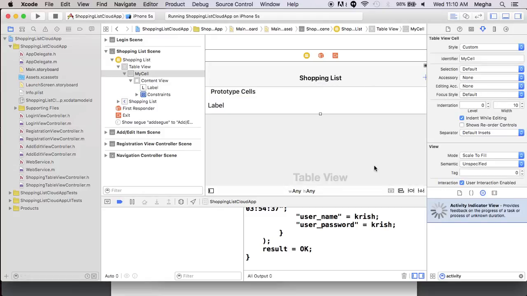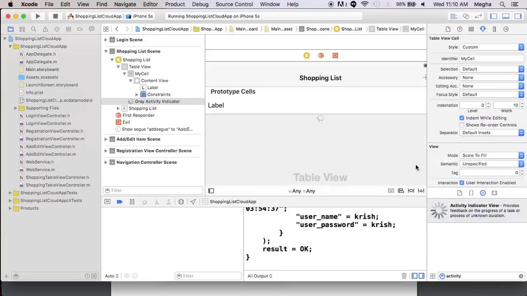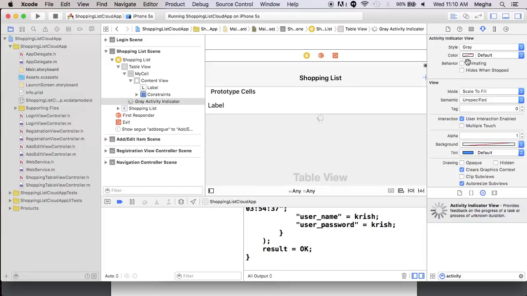Okay, whatever the place it is willing to be,